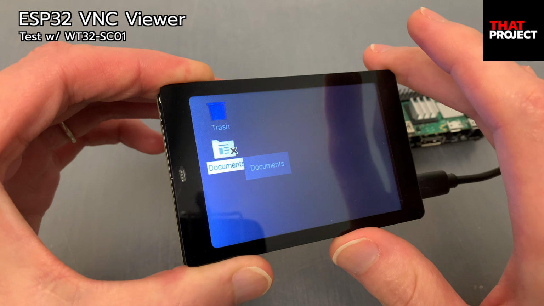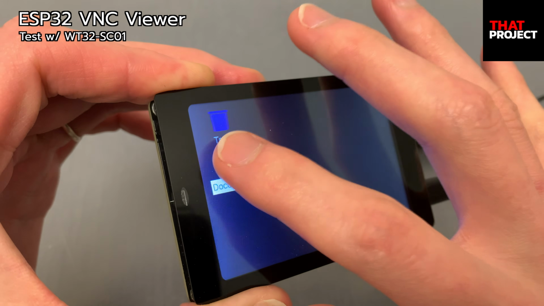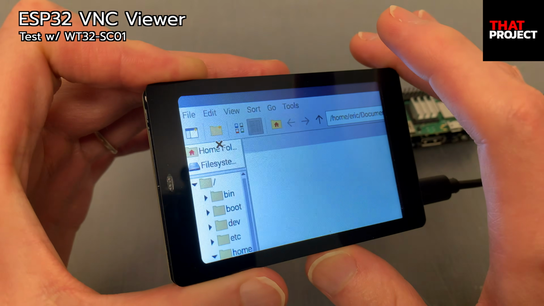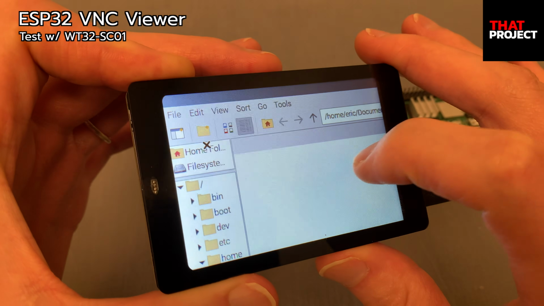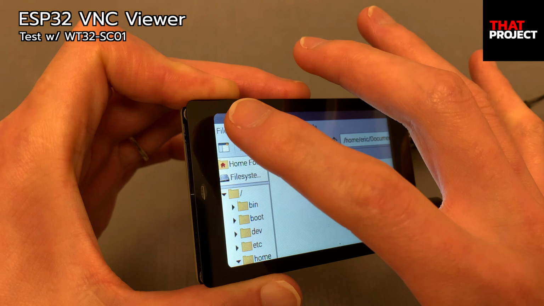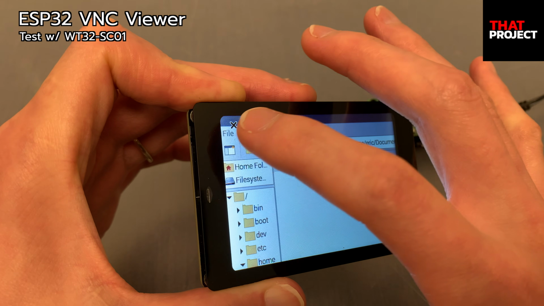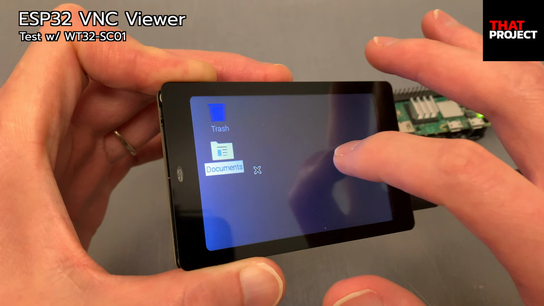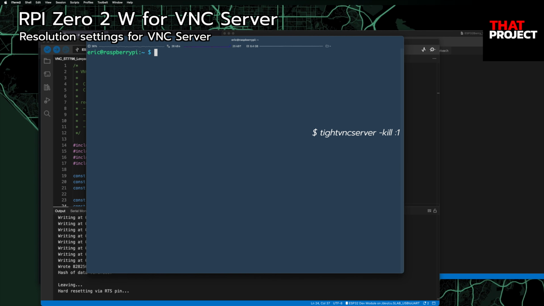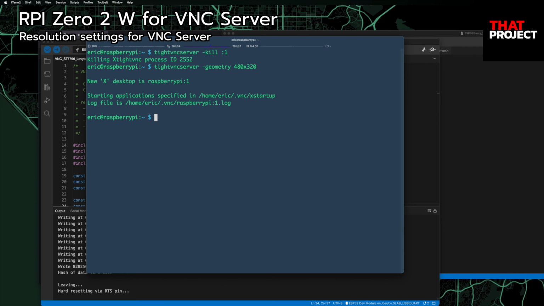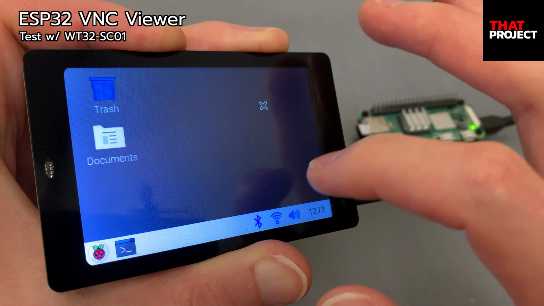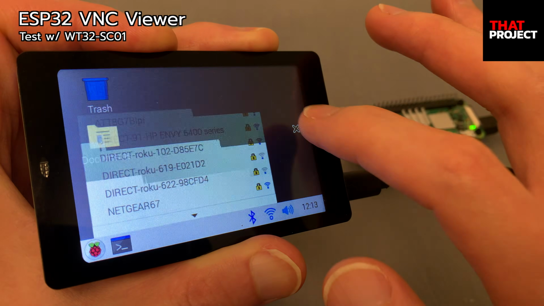Because I'm touching the screen with my finger, the accuracy is not that good. One more thing we need to do is set the resolution. We can't see the full screen now. It's better if we see the full screen on my device. Go back to the terminal, kill the currently running VNC server, and then run it again with the parameter that sets the specific resolution. In my case, the resolution of my screen is 480 by 320, so I set it up like this. The VNC client automatically restarts. Wow, it looks much better with the full size.